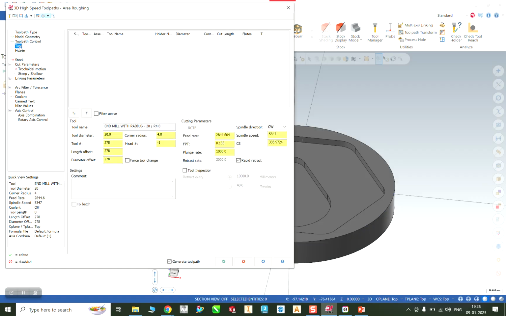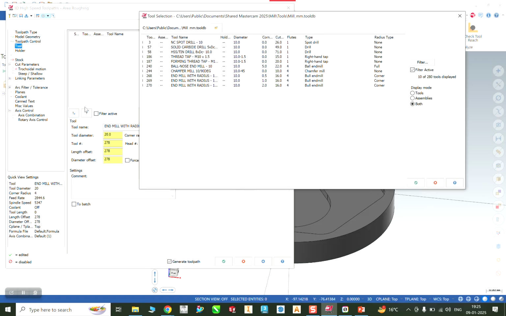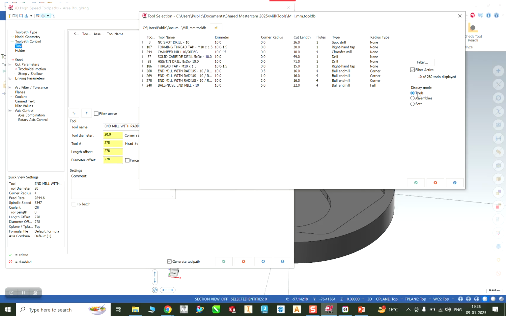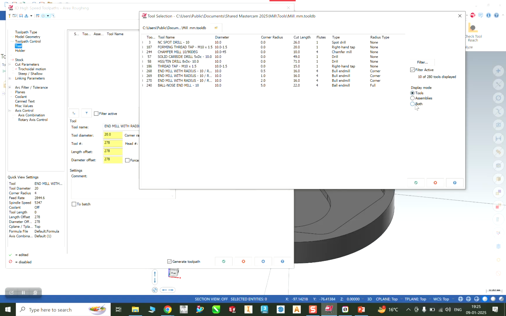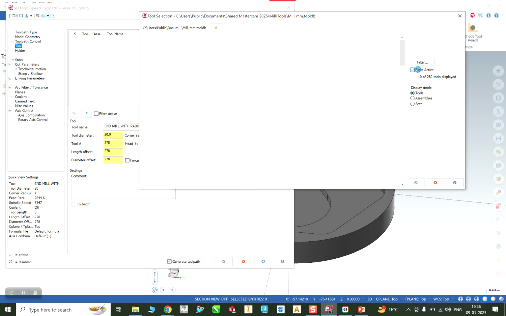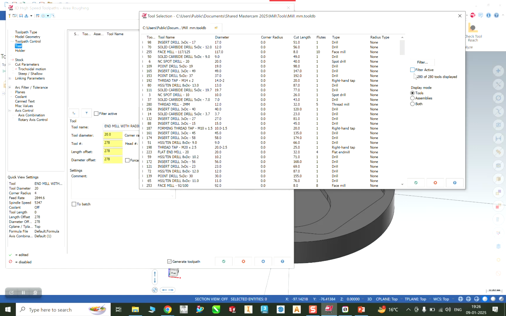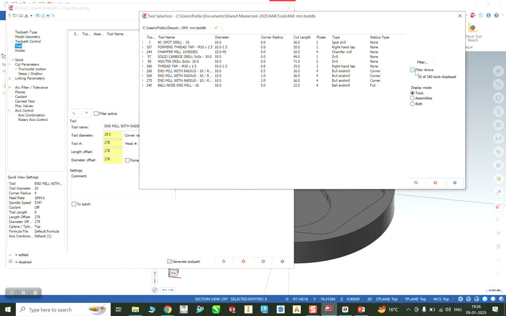After that we have to go for that tool selection. Okay, so here we need to select the flat end mill of 10 mm. Okay, so even just like I know the reference tool number, that is 218, so you can go with that also. Just like I am going to click here. Okay, so like in this it is not available, so you can go in that tools, you can go in that filter options also. Okay, so here that filter, when you are going to remove,